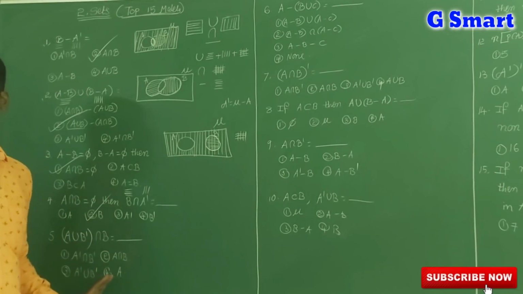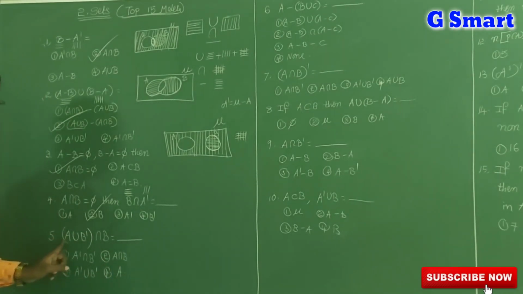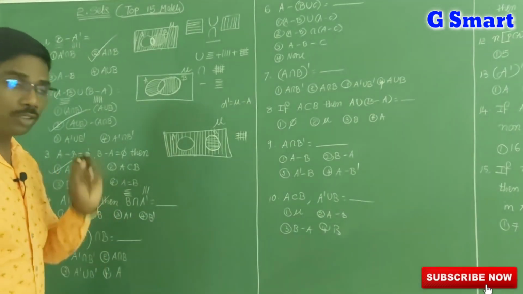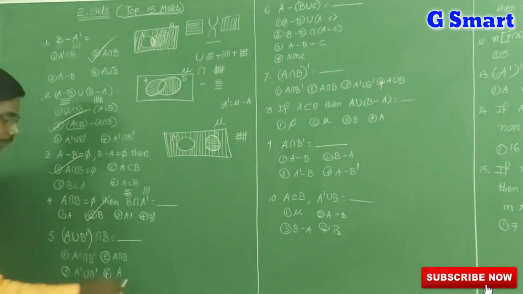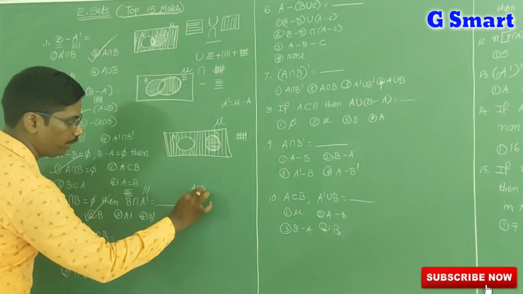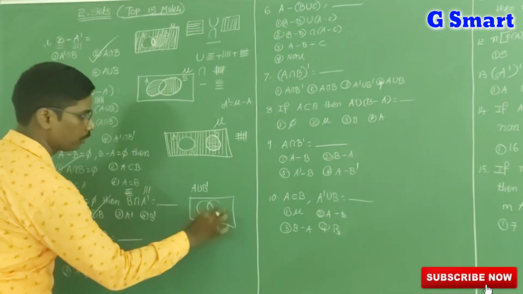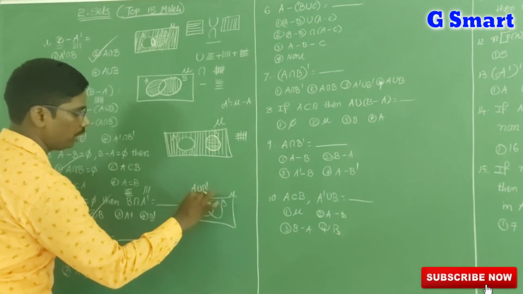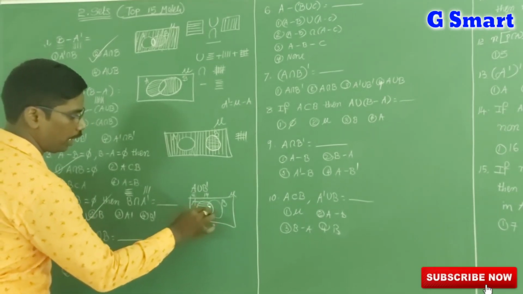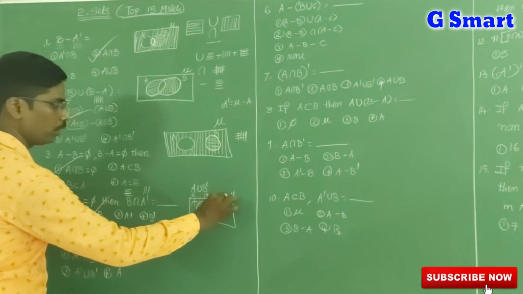Now, this one, see here, it is very, very important, the last one, because this is two problems. These are two problems, very important. First, you have to find this one, then after that, you have to find B. So for that purpose, first we have to find this one, A union B dash. First, we have to find this one. So A is horizontal lines and B is vertical lines. B dash means should not be present in B.